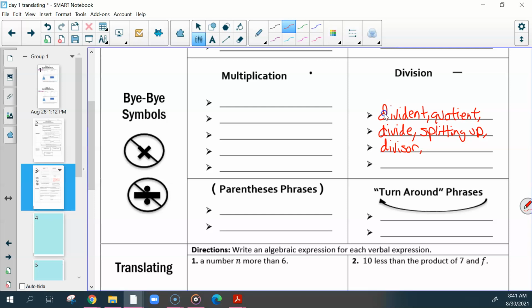This is kind of hard, but it's not that bad. I'll give you a couple. Sometimes we use words like over. When you think about fractions in general, you wouldn't use the word fractions, but if you see a fraction like 2/3, I know I'm dividing. And then you'll also see the word